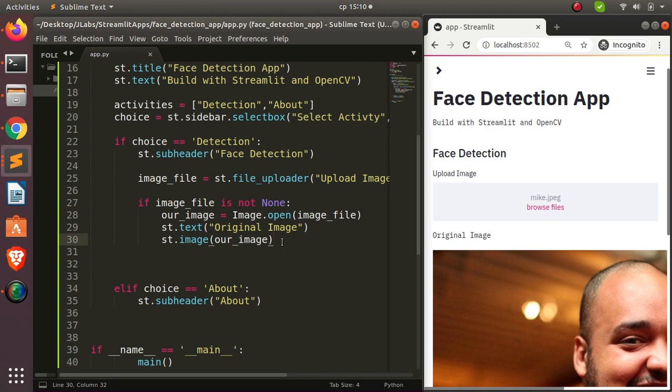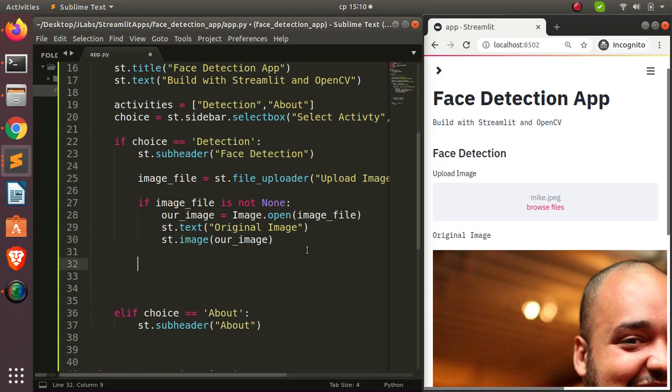Now let's move on to the next stuff that we can also do. So we have been able to receive our image. Now let's work on adding some enhancement to our image, right? So I'm just going to come back down here, then create an option in which I can add enhancement to our image. So now let's work on it. I'm just going to come back down here and then create